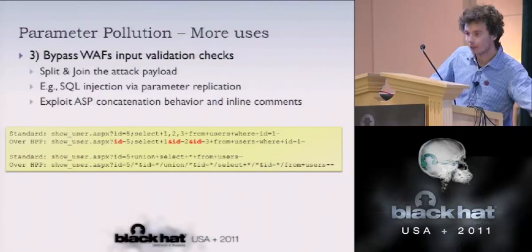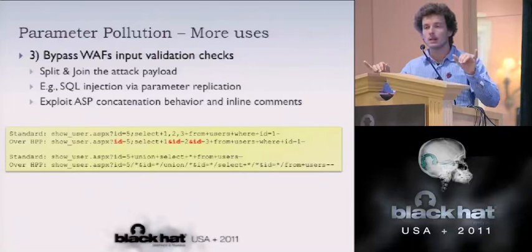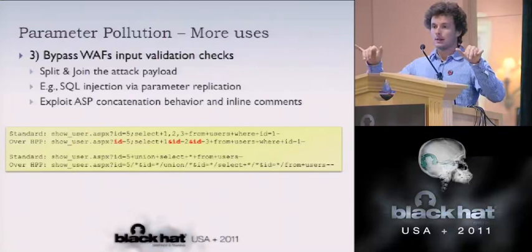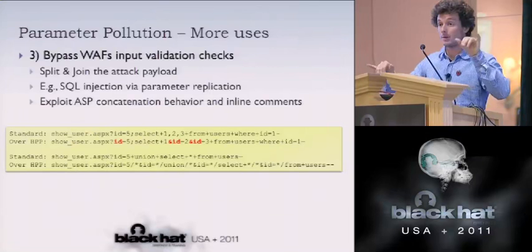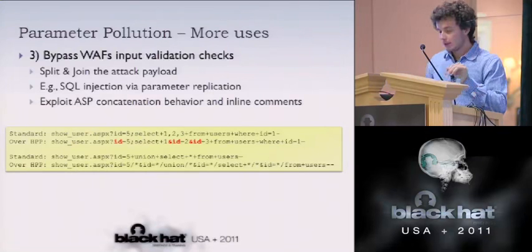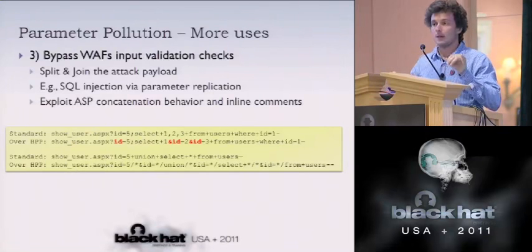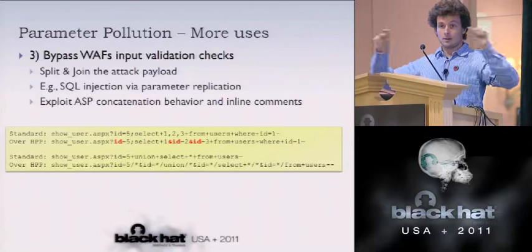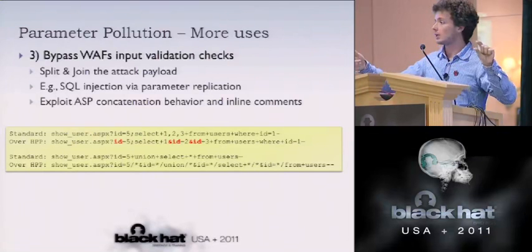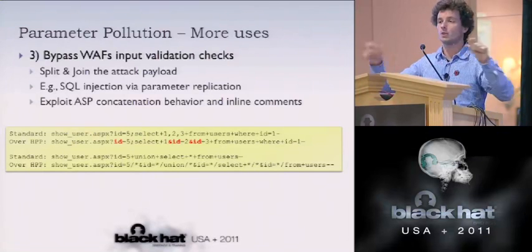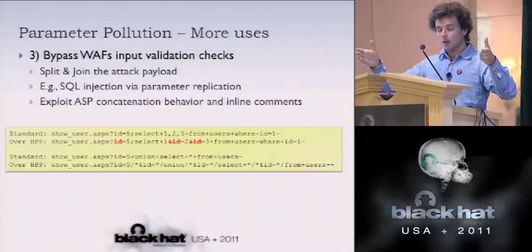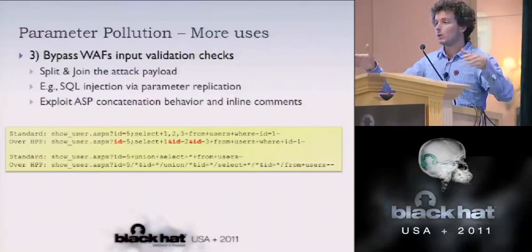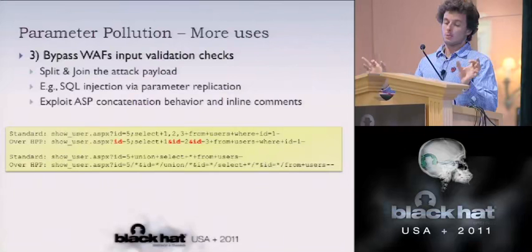By exploiting the fact that ASP concatenates two parameters with the same name, it's possible to split a payload for a web application attack, for example, a SQL injection payload or a cross-site scripting payload, whatever you want. You can split this payload